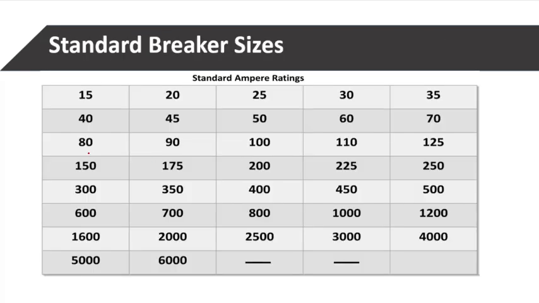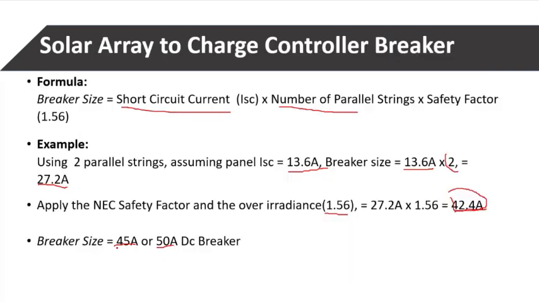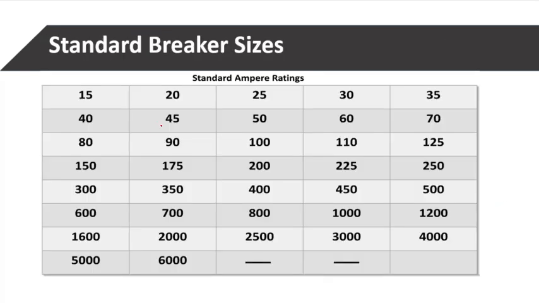Now these are the standard breaker sizes. As you can see, there is no 42 or 44 here, it's only 40, 45, 50, 60 and the rest. Based on our outcome, it is either 45 or 50 amps. So we are choosing either this 45 amps breaker or this 50 amps breaker, a DC breaker,